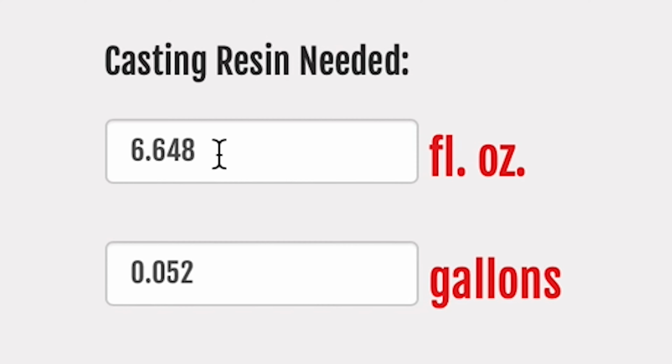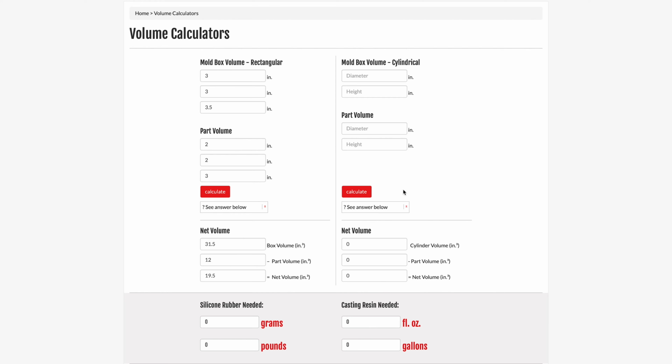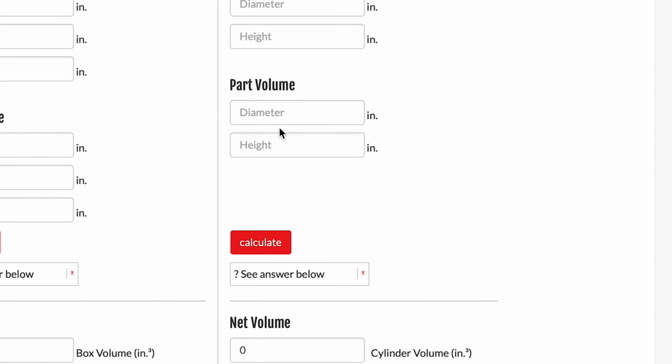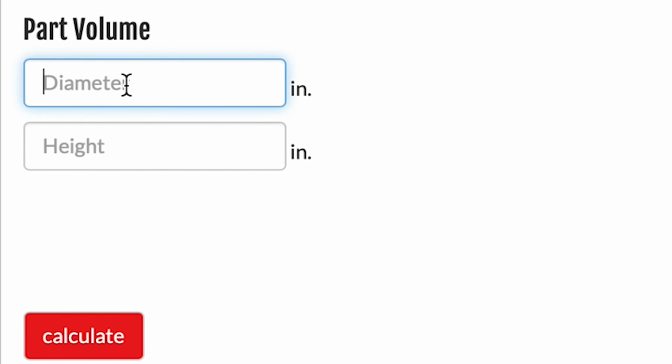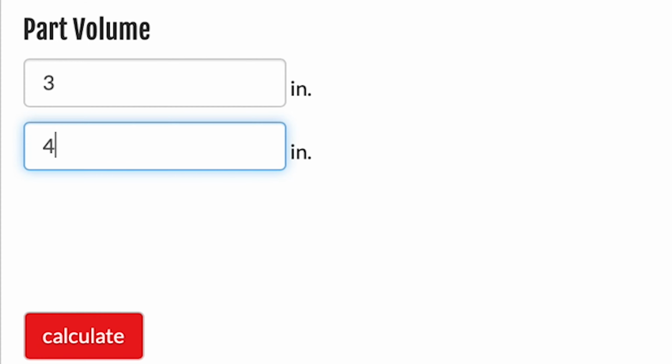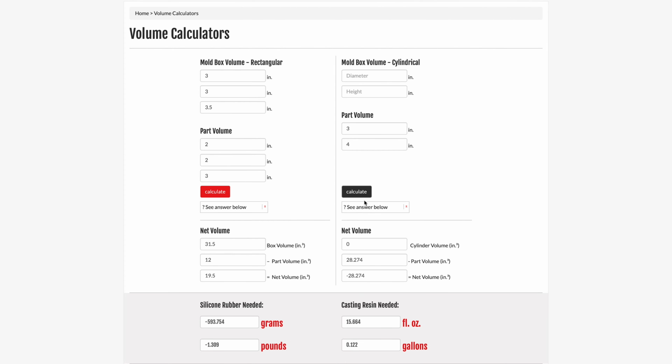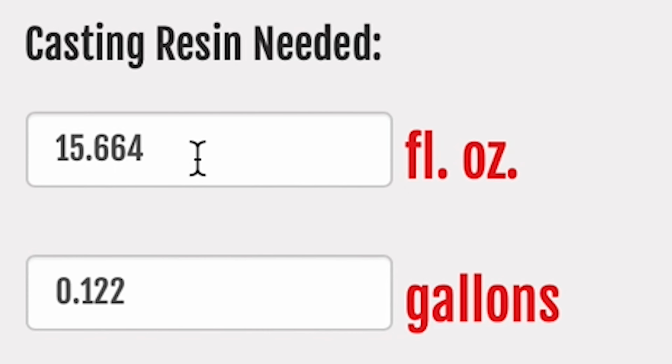to cast the part. The right side of the calculator works exactly the same way. You start out by taking the diameter of your part, let's say that's 3 inches, and your height, let's say that's 4 inches. If you hit calculate, you'll see that you need roughly 16 fluid ounces to cast that part